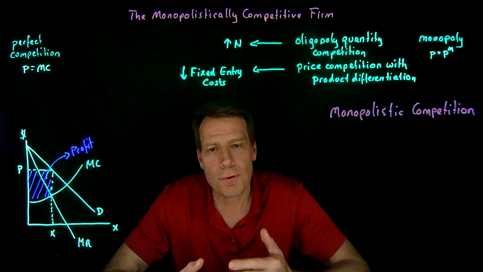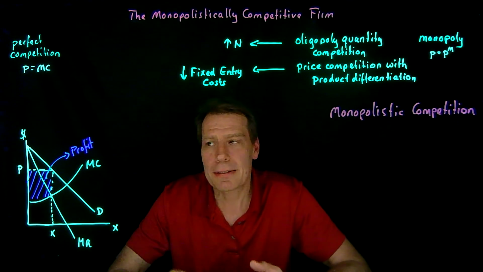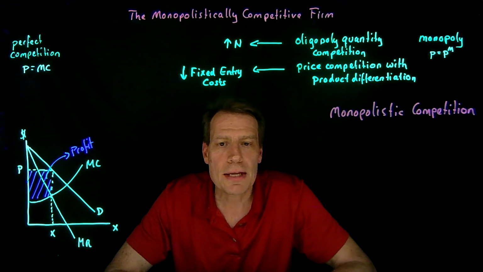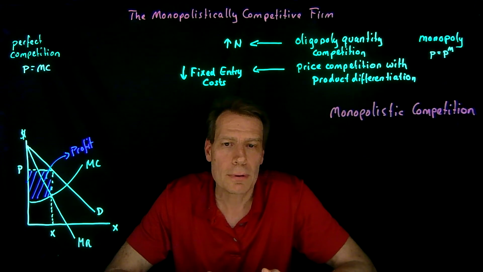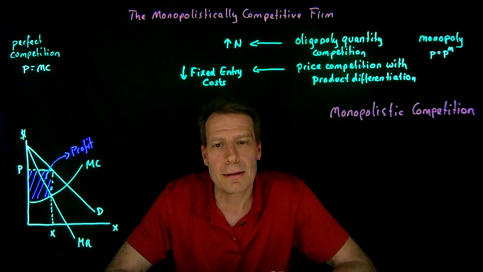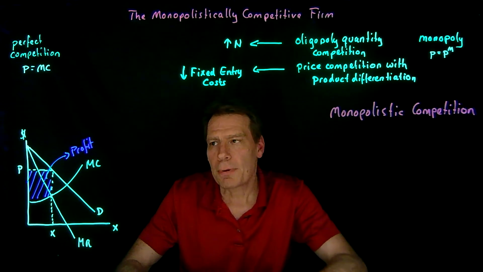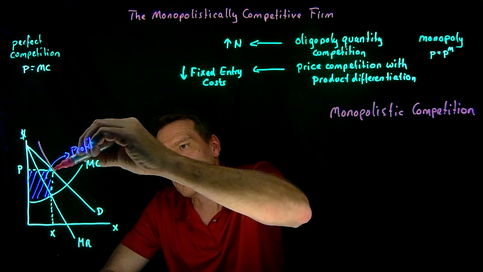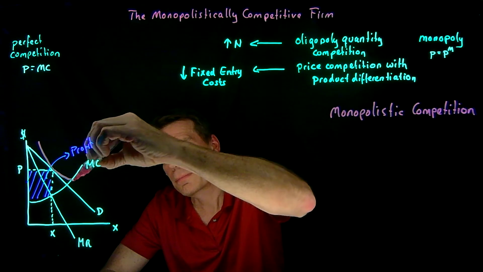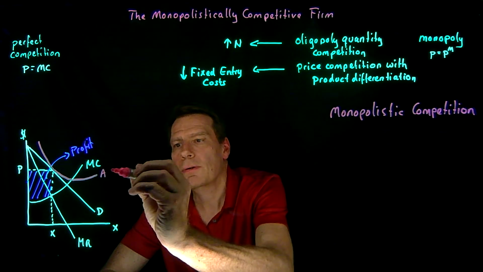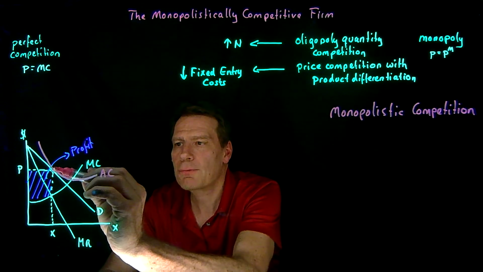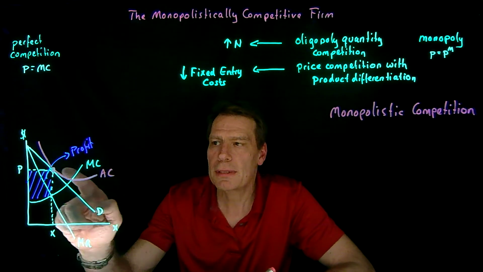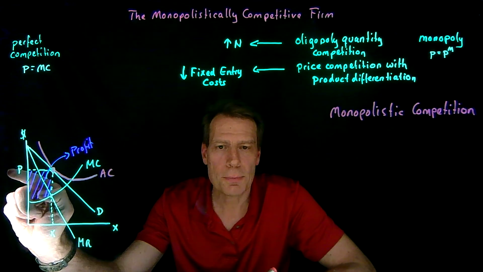And we know that firms have entered as long as this profit was larger than the fixed entry cost, so that the fixed entry cost must now roughly be equal to the profit that firms would make if they entered. That would imply that the average cost curve has to be roughly tangent at this point. So if I put the average cost in here, I made it roughly tangent at this point on the demand curve where the firm is operating. Because at that point, the average cost is then equal to price.